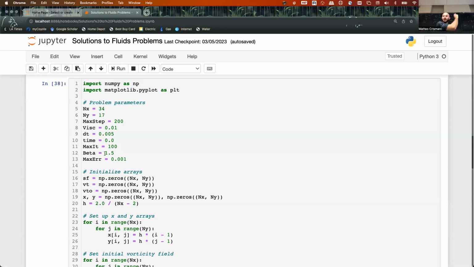Okay, that's why we put comments. So look at this section here. You have things like importing. You have all of this stuff here. Viscosity, that's a great one, right? Okay. dt, time step, time, initial time. Okay, max it, how many times is it gonna do what? Interesting. Iterations, specifically iterations, and I'll show you why.